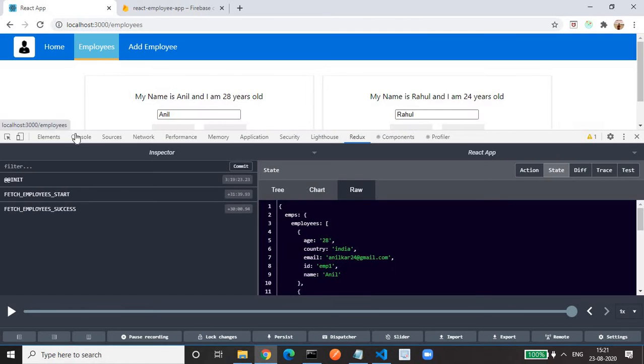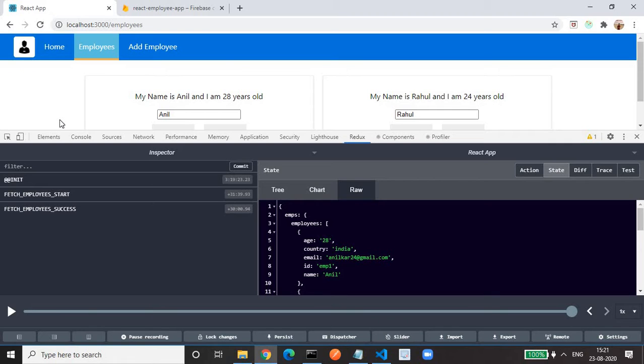Now I will go to the employees page. If you see, there are 2 events that have been fired. These 2 events are called actions. So in Redux we have a store which is a central in-memory database. Then comes the action. Action is an event, you can say. If you want to update some state in the store, then you have to dispatch an action, and this action will be dispatched from the component.